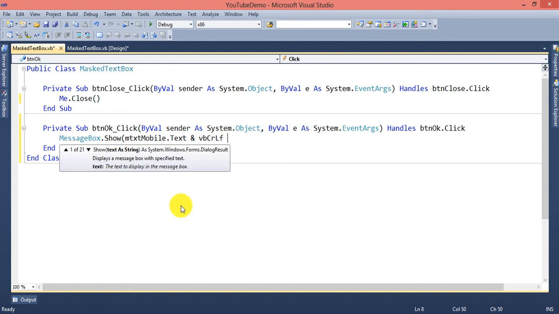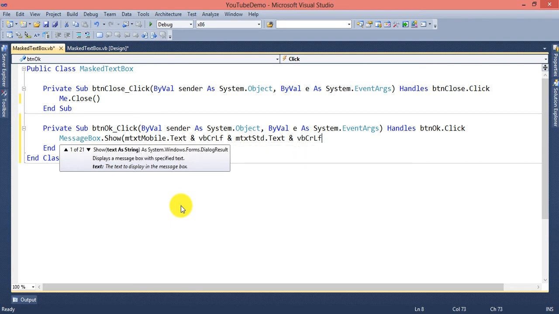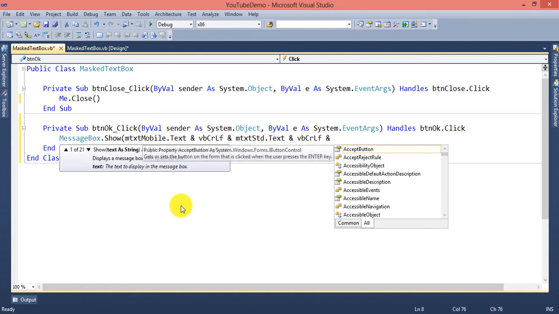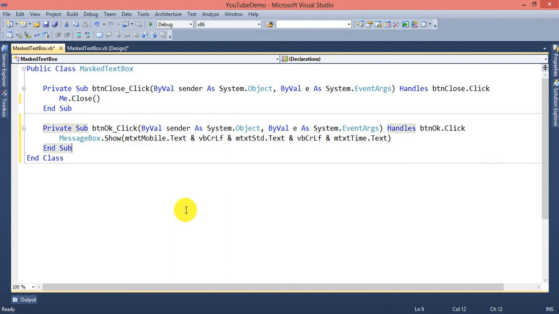Okay, and then again combined, and my second is the STD code landline value, again vbCrLf, and again last is mtxt time dot text. Okay, simple coding, not too hard.